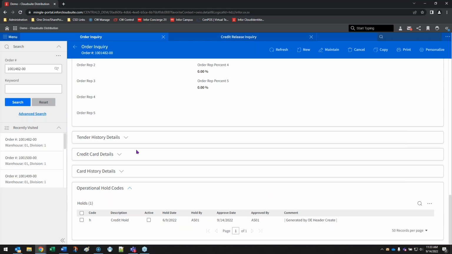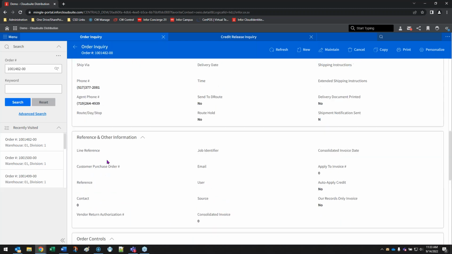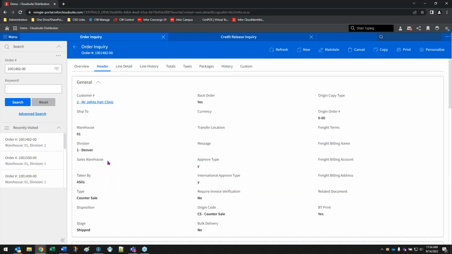So that in a nutshell, I tried to give a little bit of time here for some questions, because there's always some questions here. But that in a nutshell is the overview, the setup, and the functionality and the visibility of operational hold codes. I guess one other thing to mention is that Infor has done a lot of work